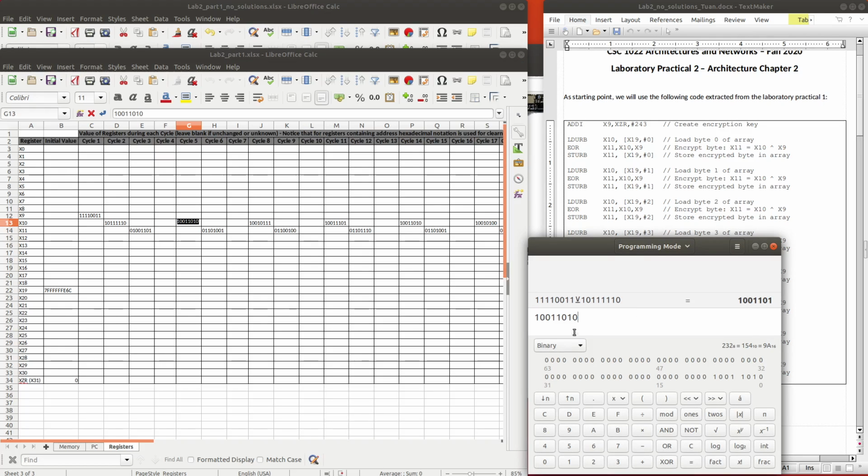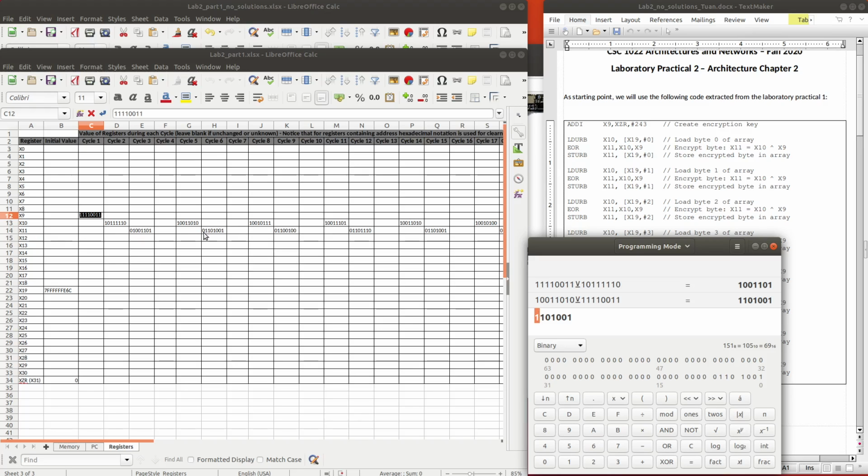So this value exclusive OR with the key, and here is the key, and the result is 1101001. So we have one more 0 here.